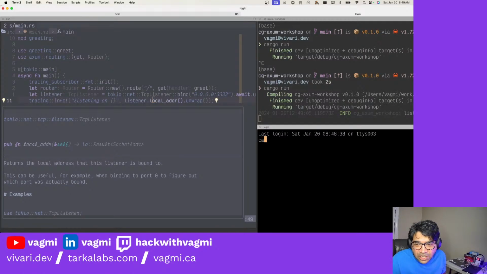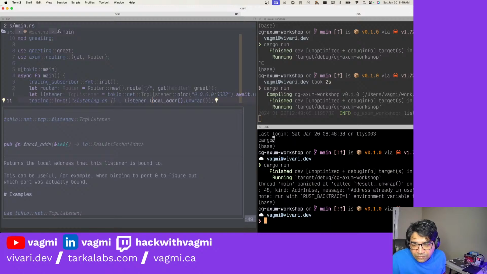So if I run cargo run again, right? It says address panicked. It calls the result unwrap, address already in use, actually, right? And this is basically where it failed. And if you want to know where exactly it failed, you can run it with